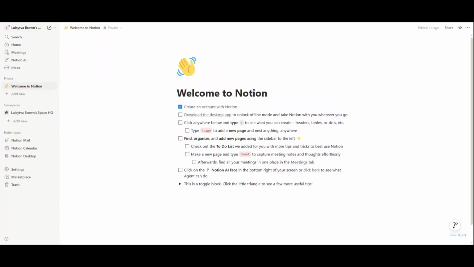In today's video, I'm going to show you exactly how to share a Notion template step by step, even if you're a complete beginner. Sharing Notion templates is incredibly useful if you want to collaborate with others, share your workflow, or provide templates to your team, clients, or audience. We'll walk through the entire process, from finding a template in the Notion marketplace all the way to copying and